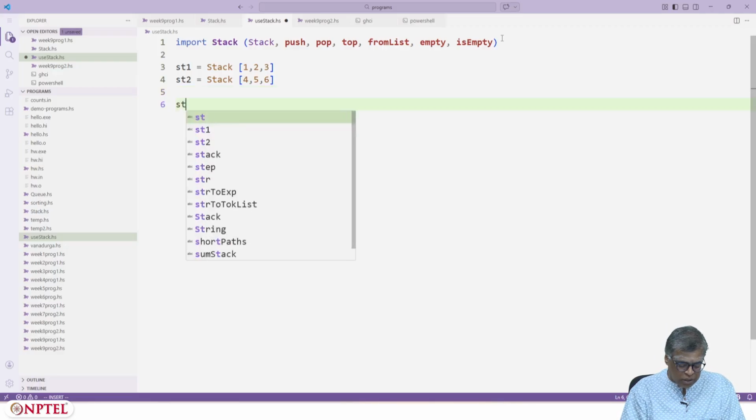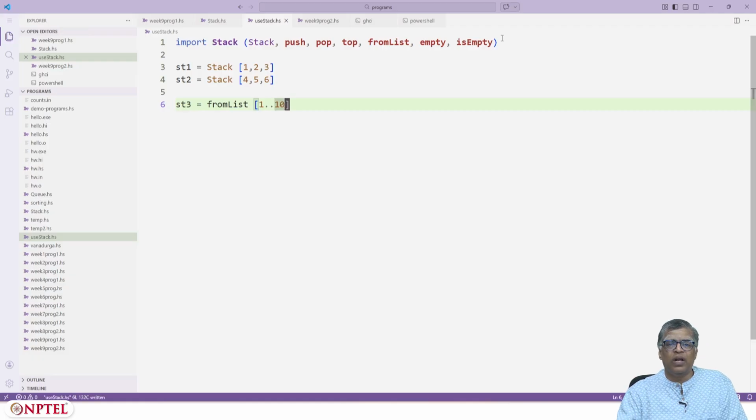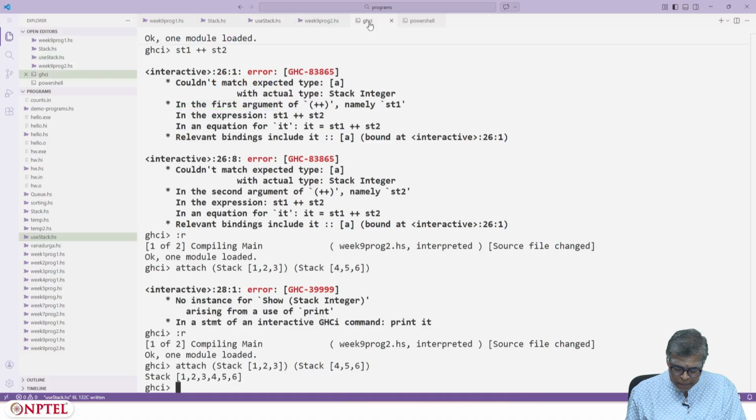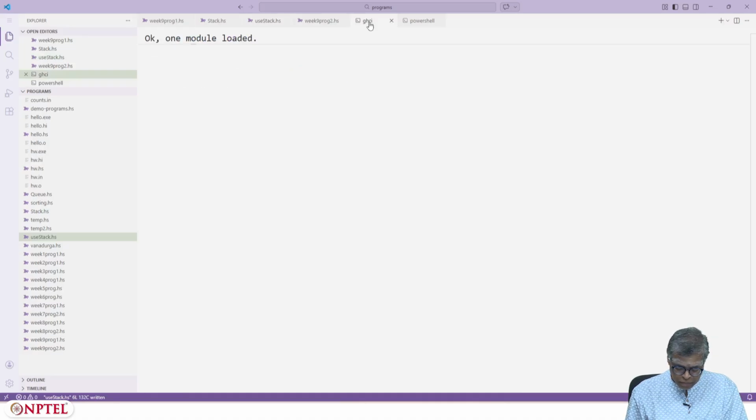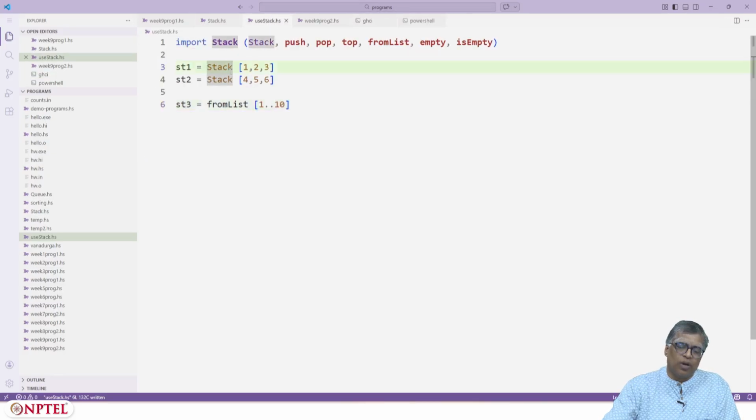I can say stack 3 equals from list of 1 to 10. Okay, so I can do all this in a different file, and if I now load this in GHCi, I get a problem. I'll explain why this problem. This problem will disappear if I use from list here.